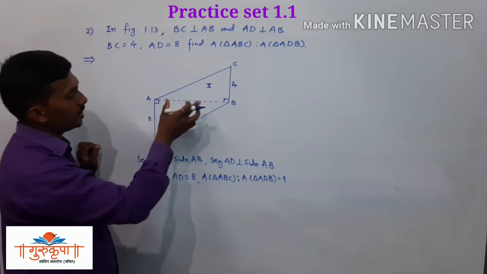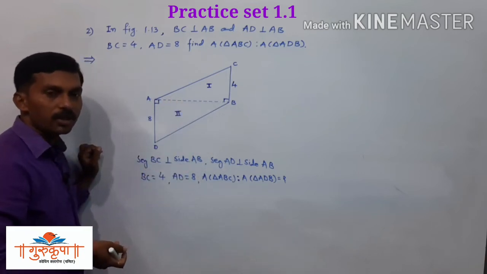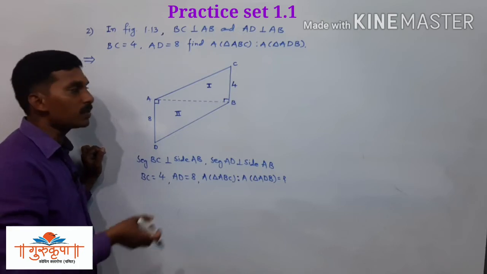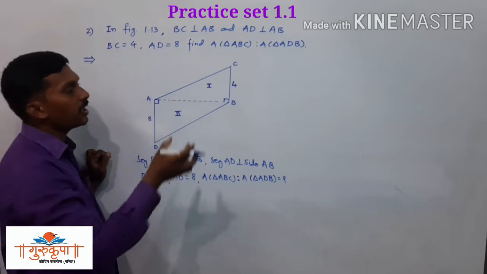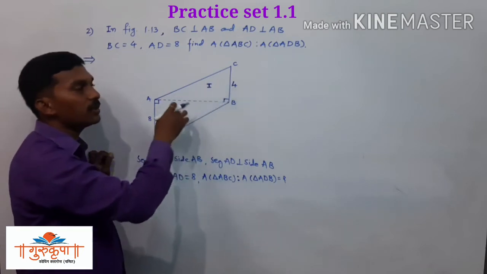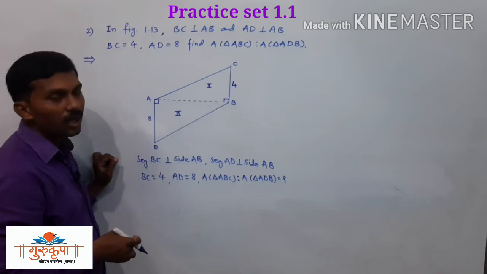Since this is a right angle triangle, you can say this AB as base or you can say it as height. Both the triangles are right angle triangles, so you can represent AB as base or you can represent AB as height. But see, if you represent it as base, both the triangles have equal bases. If you represent this AB as height, both the triangles have equal heights. Now we will represent this AB as base and we will use the property of the ratio of the areas of two triangles having equal bases. When the bases are equal, at that time the ratio of the areas of the given two triangles is equal to the ratio of their corresponding heights.